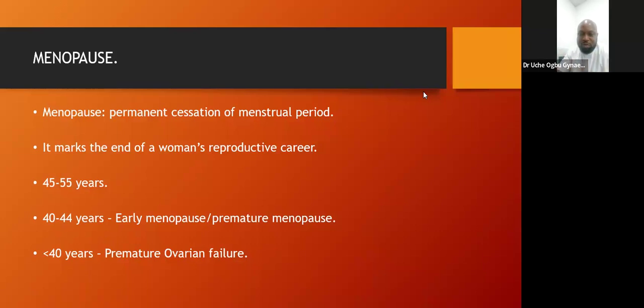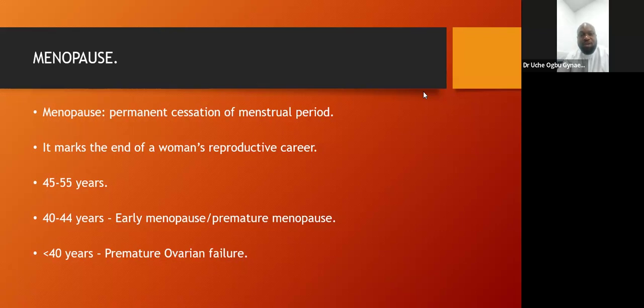But before I go into menopause, usually in the period between 5 to 10 years before menopause, a woman will start experiencing certain changes. For example, your period used to be regular, and all of a sudden, you're now 40-something, it starts being irregular. It could be a sign that you're about to get to menopause. And we usually call that period the climacteric period or premenopausal period, and it lasts between 5 to even 15 years before your menopause.